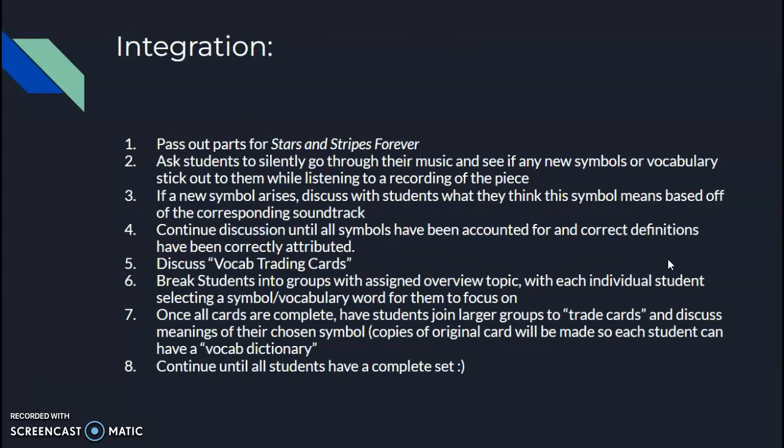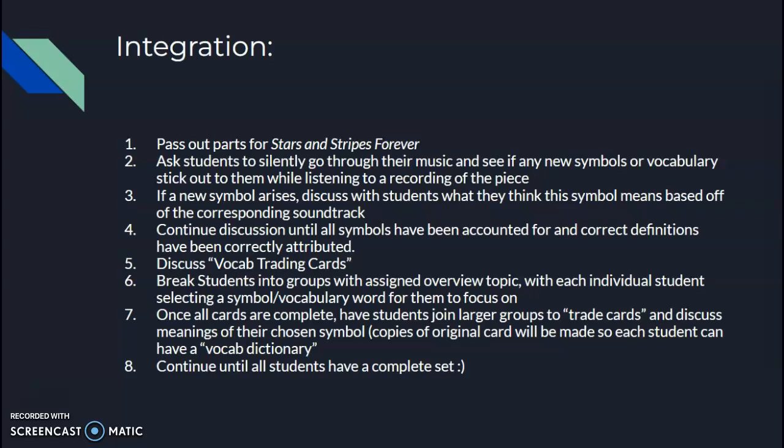So how I would integrate this project is I would first pass out the parts for Stars and Stripes Forever. I would then ask my students to silently go through their music and follow along, marking mentally any new symbols or vocabulary that sticks out to them while we listen to a recording of this piece. If they see a new symbol, I'd like them to mentally note it,